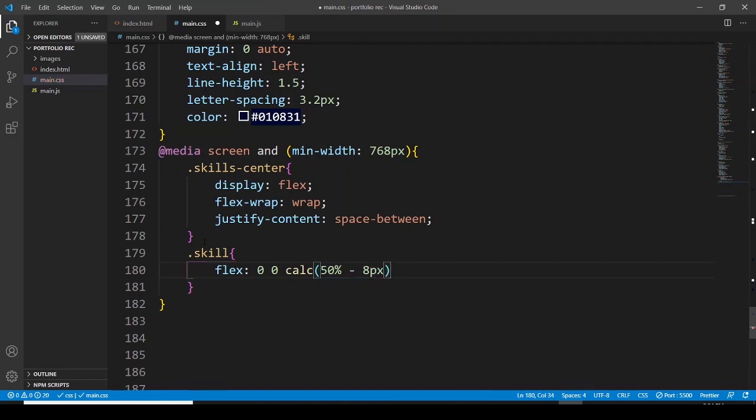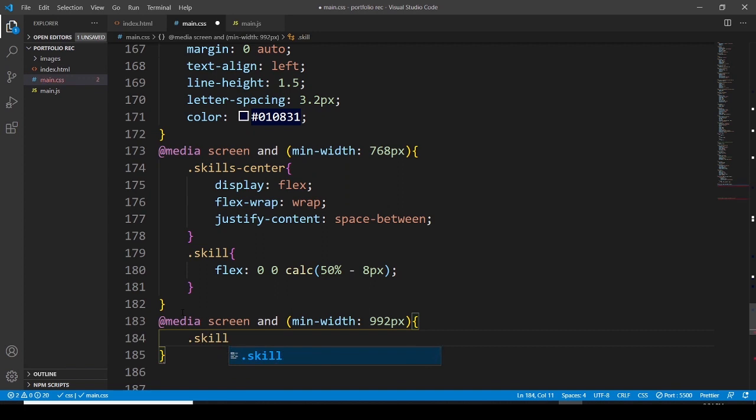And let's use another media screen, and the minimum width is going to be 992 pixels. So here the skill is going to have a flags property with 0, 0, and let's use the calc function,